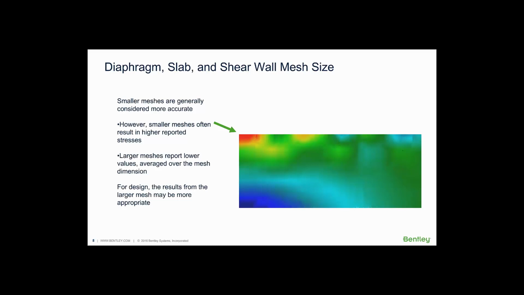While we're talking about diaphragms, there's an issue with diaphragm slabs and shear wall mesh sizes. And it's commonly felt that the smaller the mesh is, the more accurate your answer is going to be. But that's not always the case. And here's a real practical example of, I have an area here where there's a very high stress. And if I make my mesh smaller and smaller and smaller, and then I look at the individual mesh results for shear, for example,